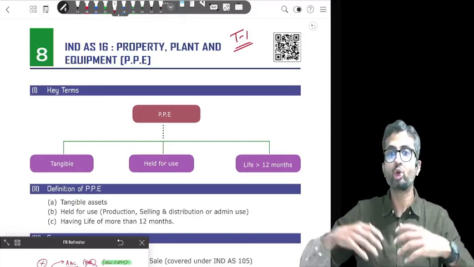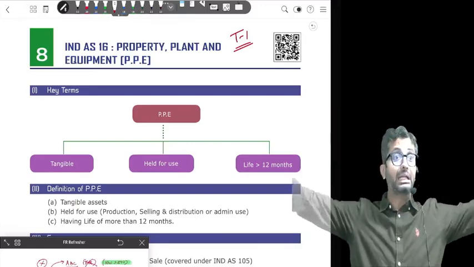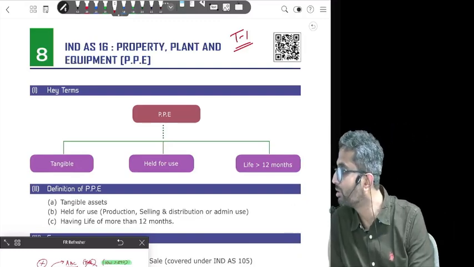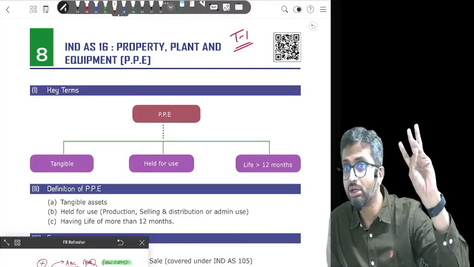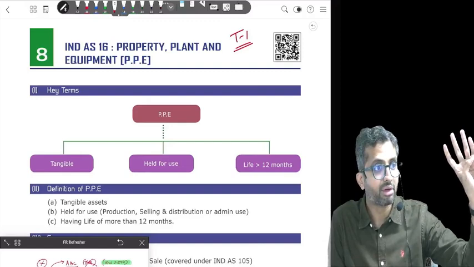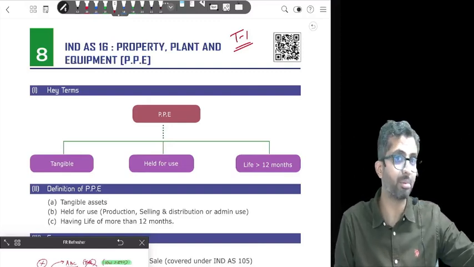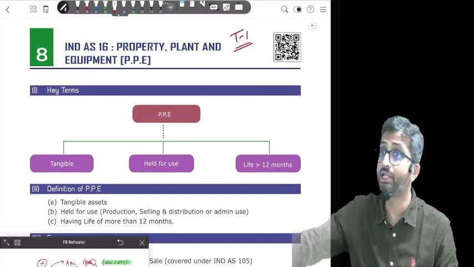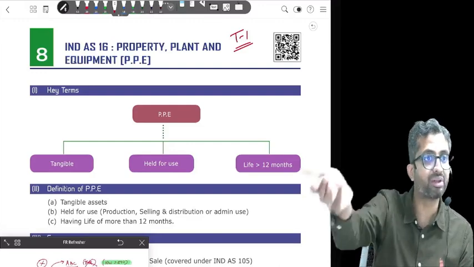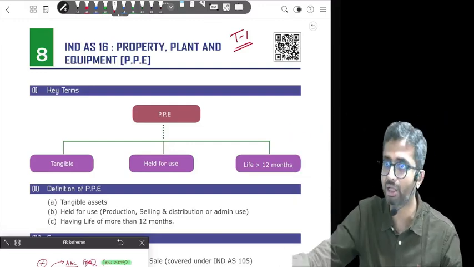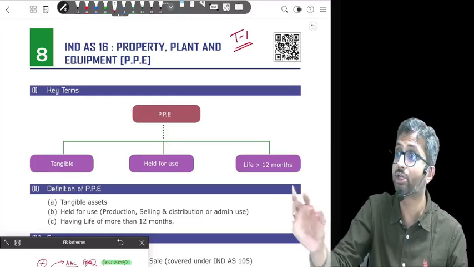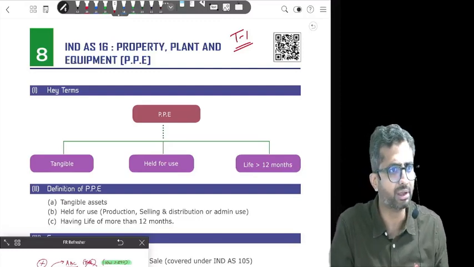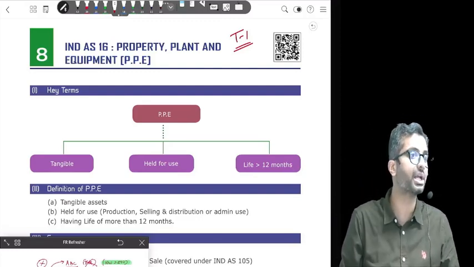So let us say you go to a big multinational company, there is a big painting at the reception. Does that painting necessarily generate any revenue? But that painting is tangible. It has a life of more than 12 months. It is held for administrative use. Now it may be office decor. Some student might say, no sir, but it does not generate any further revenue. No, the law nowhere tells you it generates revenue. The law does not tell you PPE is an item which generates revenue. Law says PPE are items which are held for use, and use can include administrative use. So that painting in the reception, can that also be called PPE? Why not? It is held for administrative use.